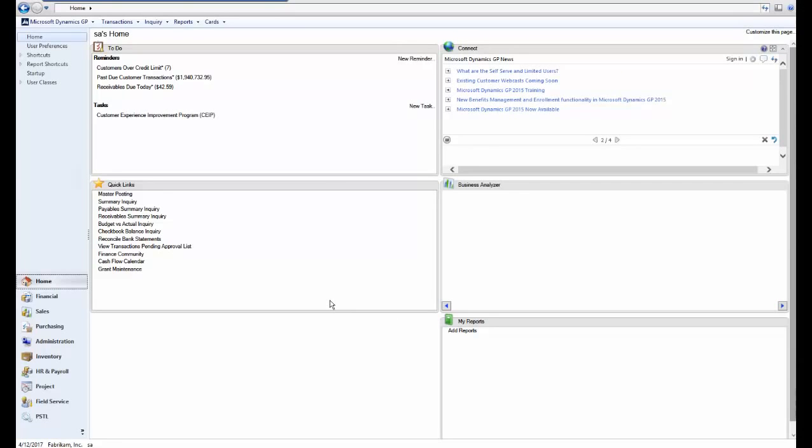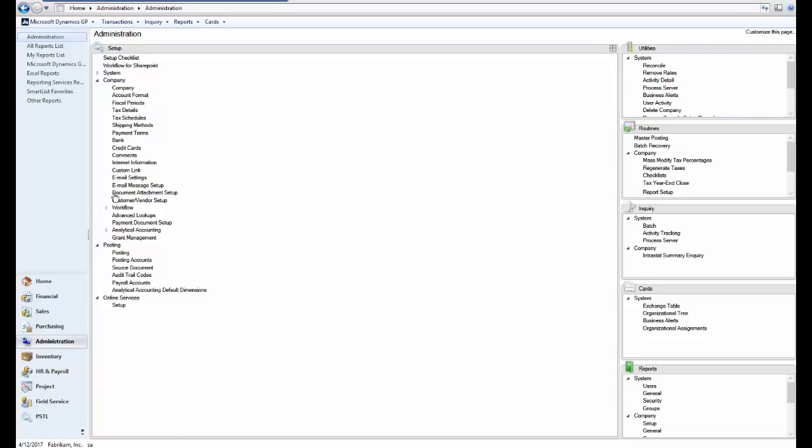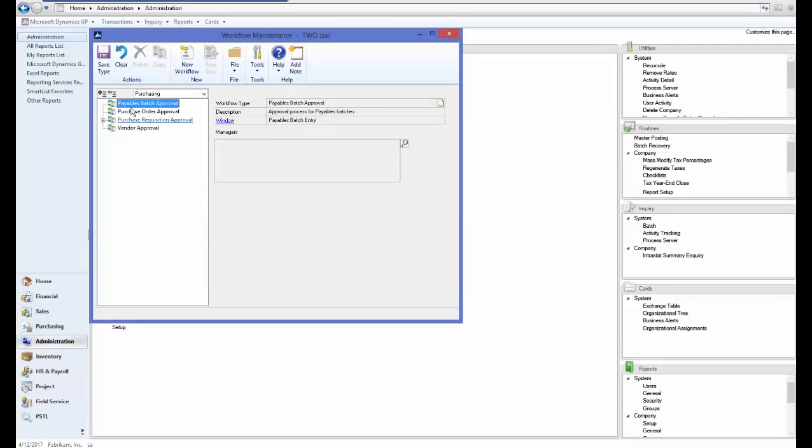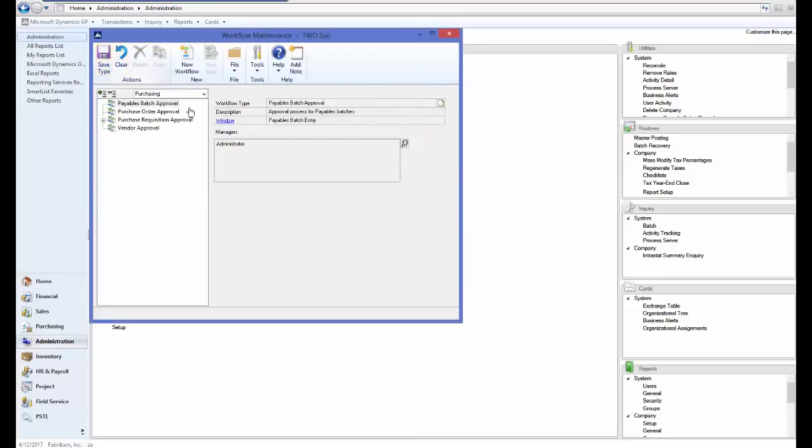So here I'm logged into GP 2015. I'm going to click on Administration. With workflow setup already enabled under the system, we're going to go into the company, workflow, workflow maintenance, and enable payables batch approval. I'm going to select my manager. In this case, it's administrator. I'm going to click save,